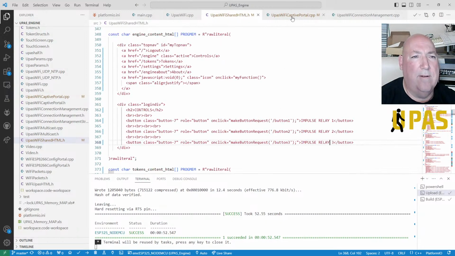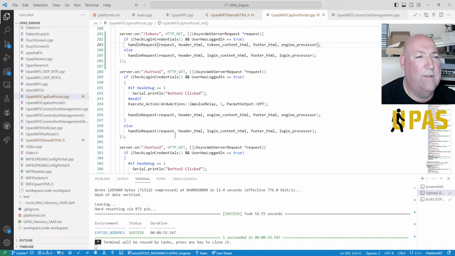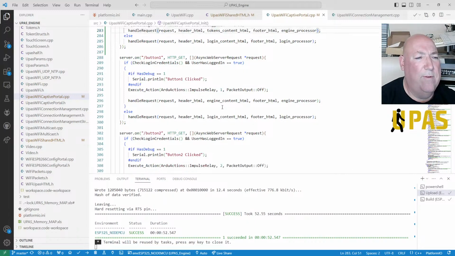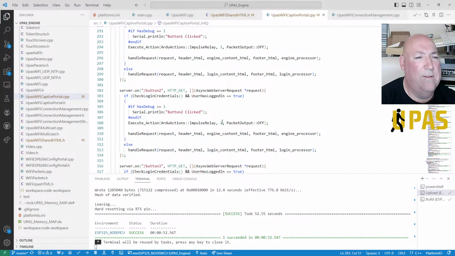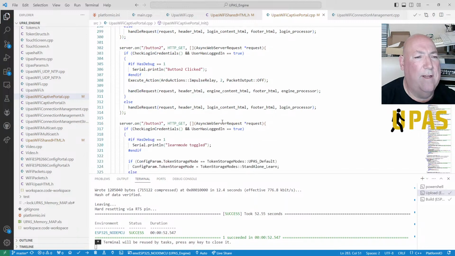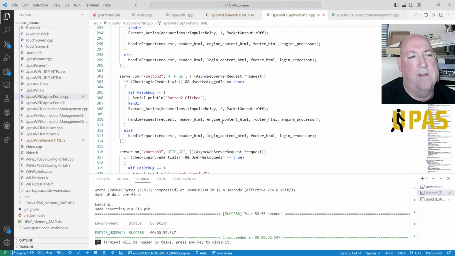Down here, we need to go over to button 1, 2, and 3. It's basically the same thing. Impulse relay 1, relay 2, relay 3. Yeah, I haven't designated relay 1, 2, and 3 as outputs, but we ought to. We might as well do that. I'll have to do some tests. We can see what we're wired to actually. I can't remember what we're wired to now.